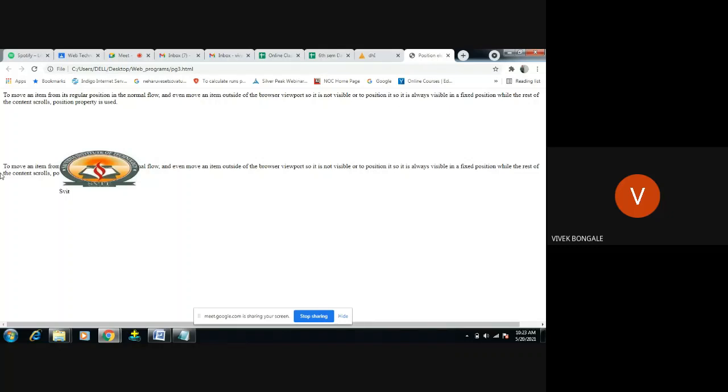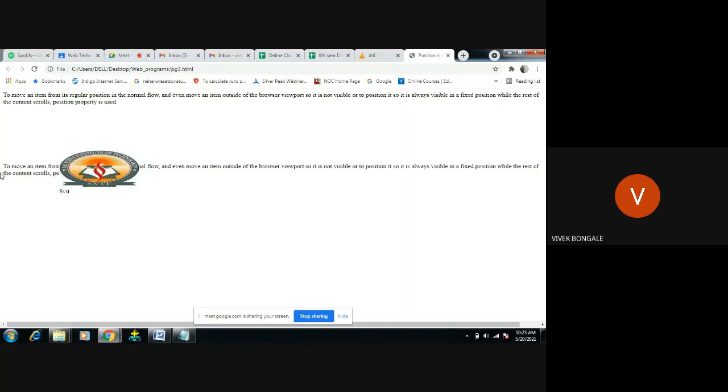Like that, in the browser, a particular space is intended for a particular element. If I move that element to some other position, the earlier position will be fixed; it will be preserved for that element only and will not be given to another element.